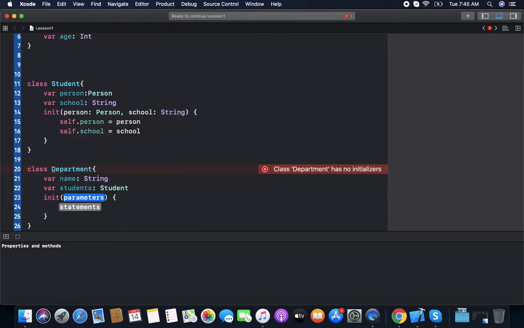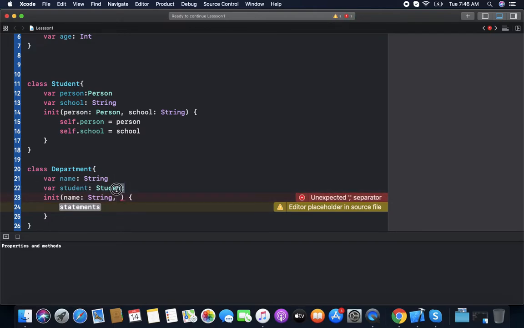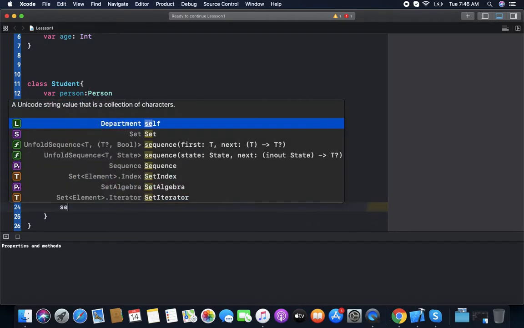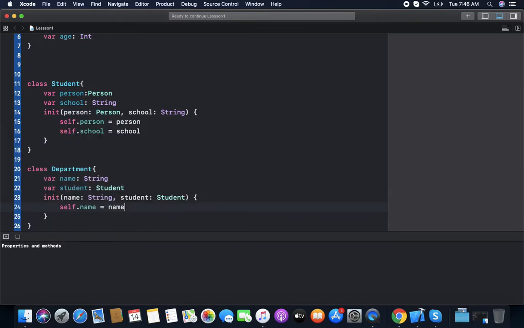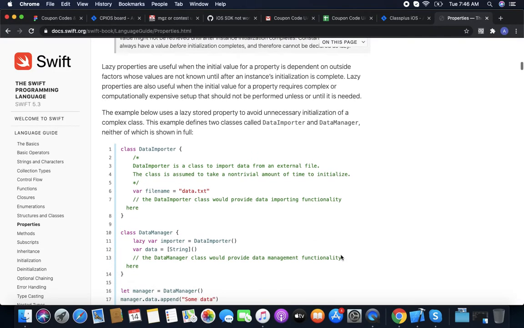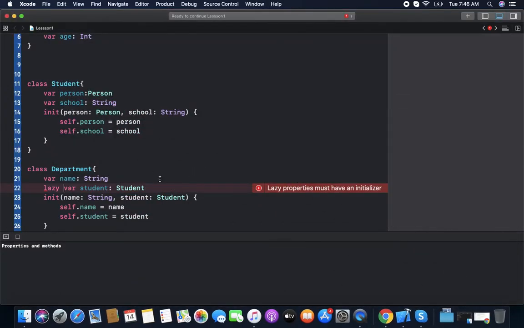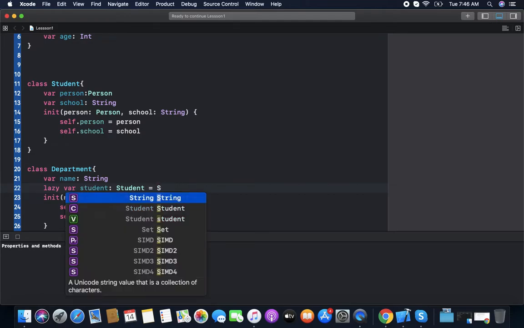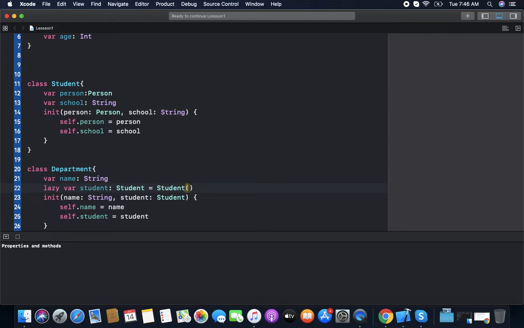We mark it with init, and we can mark it as lazy.